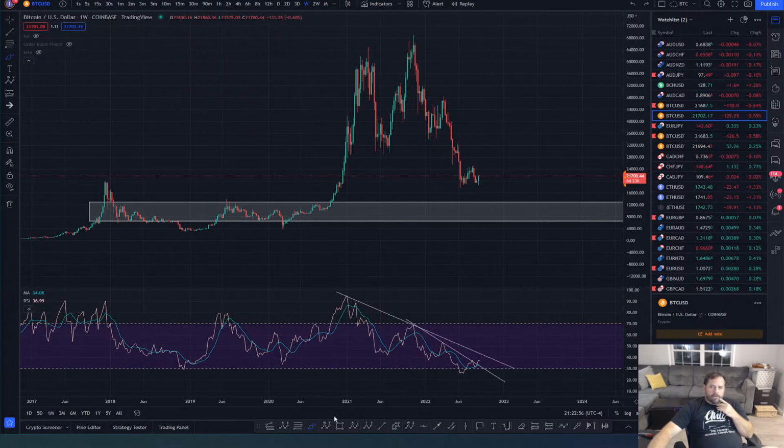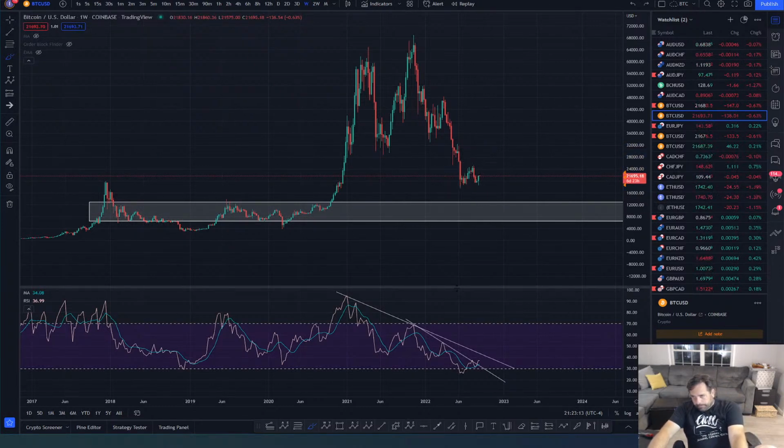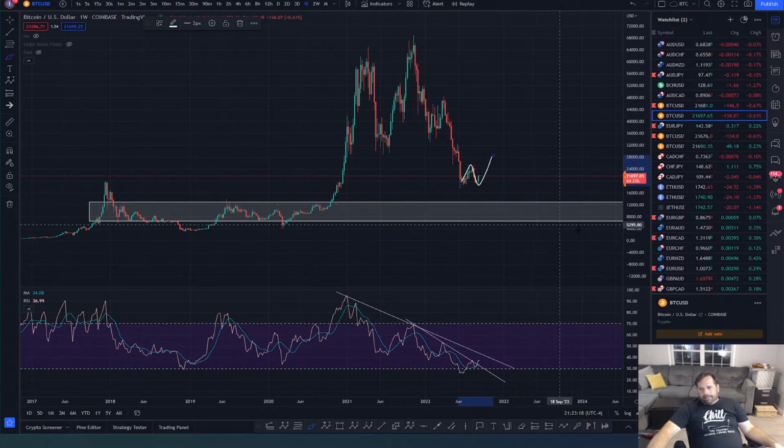Okay, so either this wave right here is going to give us a third wave to the upside, that's totally plausible. It's totally possible. I'll talk about that move to the upside. That's a possibility, absolutely. Okay, but again, that's going to take to the end of the year to play out. That's going to be bullish to the end of the year, more than likely. We're talking 3-4 months of price action to get up there.